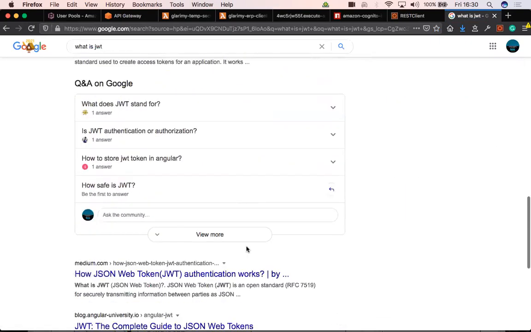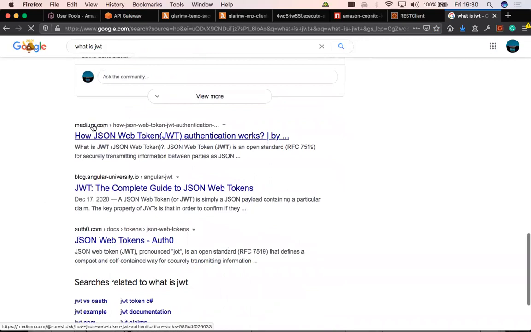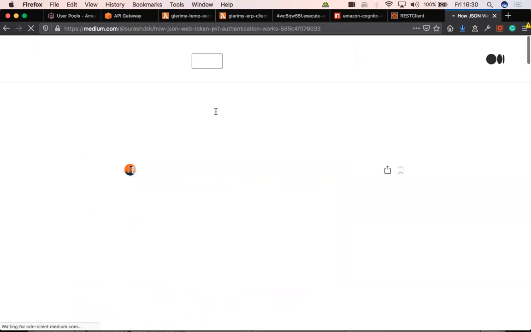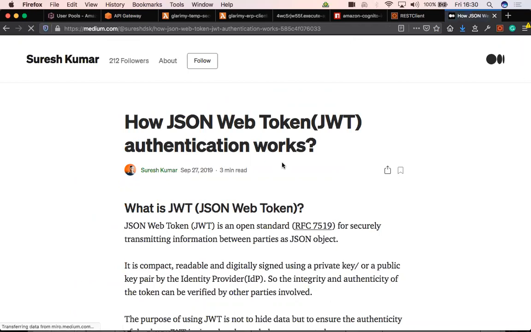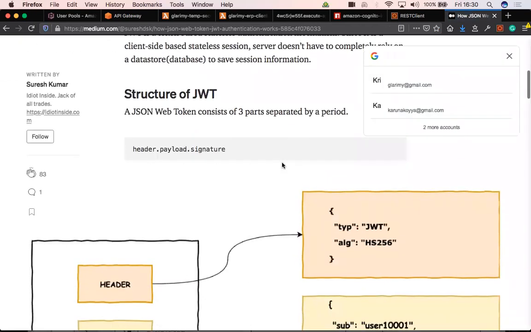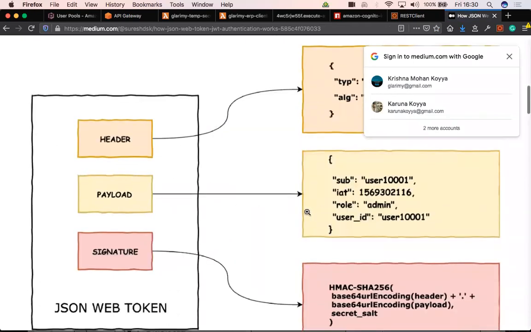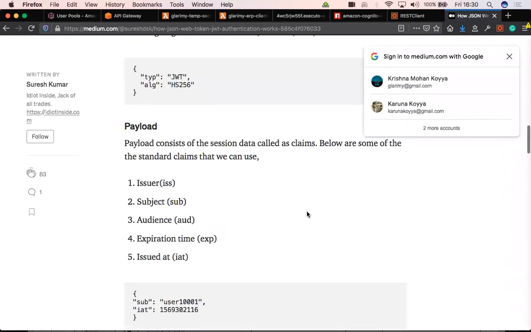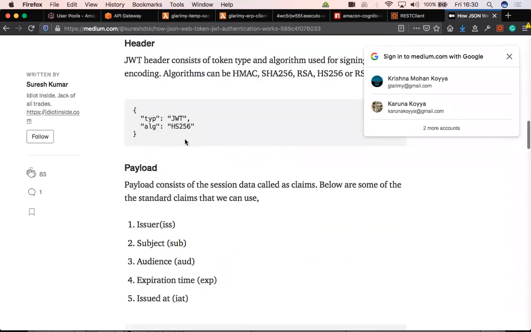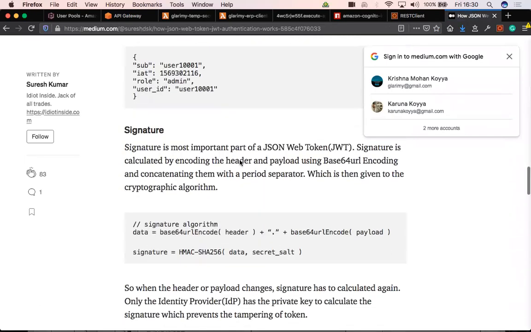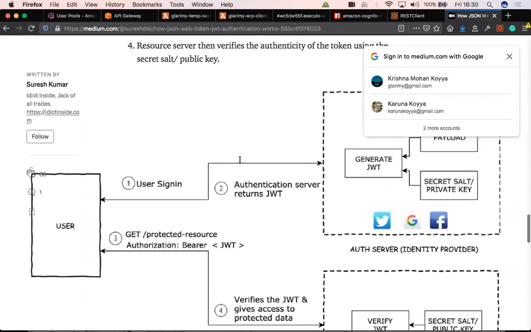Typically, if there is any Medium document, the Medium articles, I suggest you go through those things. Apart from others, whatever you might want to look at, these things are written in many Medium articles. Like what is the JWT, how it is. You have seen it, right? Just now I have shown you these things. Yes. Header, payload. What is header, payload? What does this algorithm mean? What does it contain? How does it work?